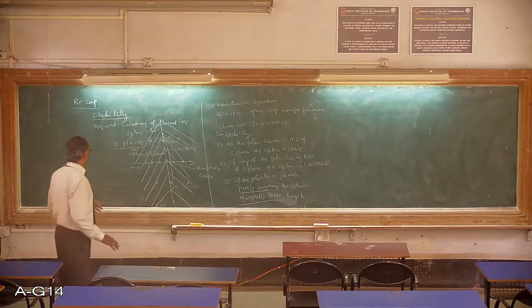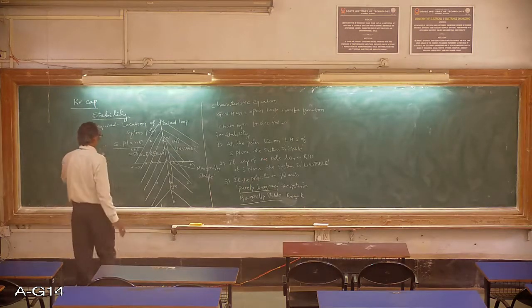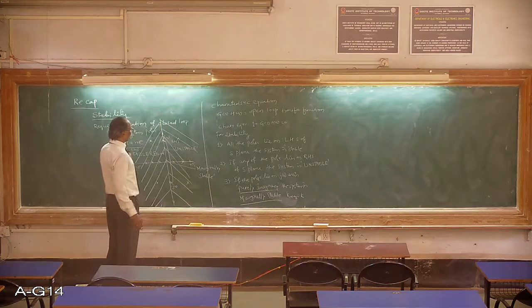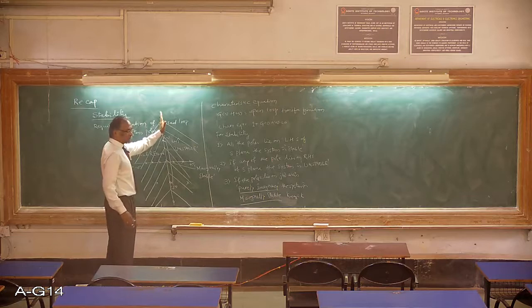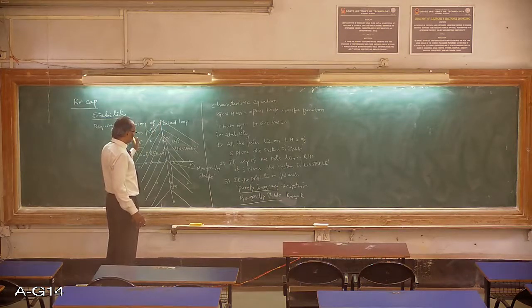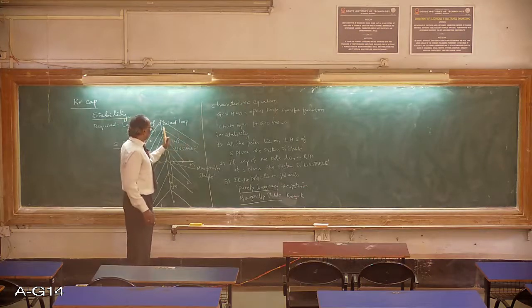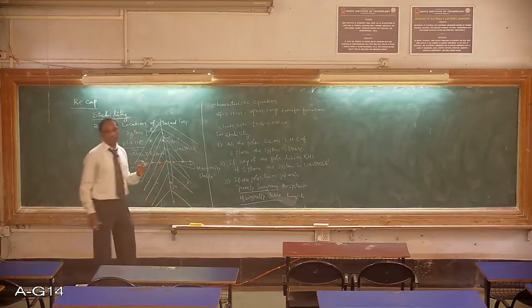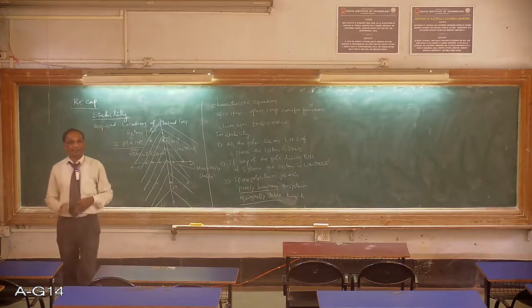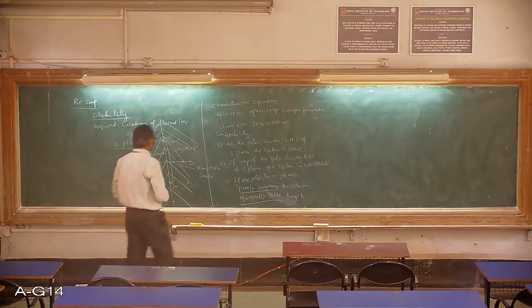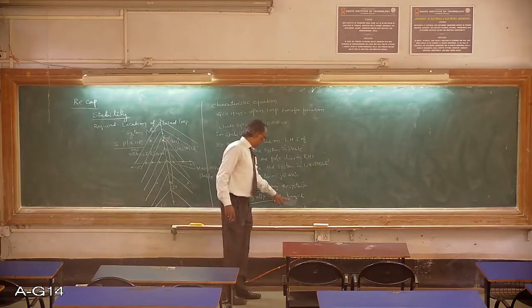So this is the recap of the points which I had covered in yesterday's class. If the poles are lying in the left half of the S plane, left side of the j omega axis, the system is stable. If the poles are lying in the right half of the S plane, the system is unstable. If the poles are lying on the j omega axis, the imaginary axis, in that case the system is marginally stable.